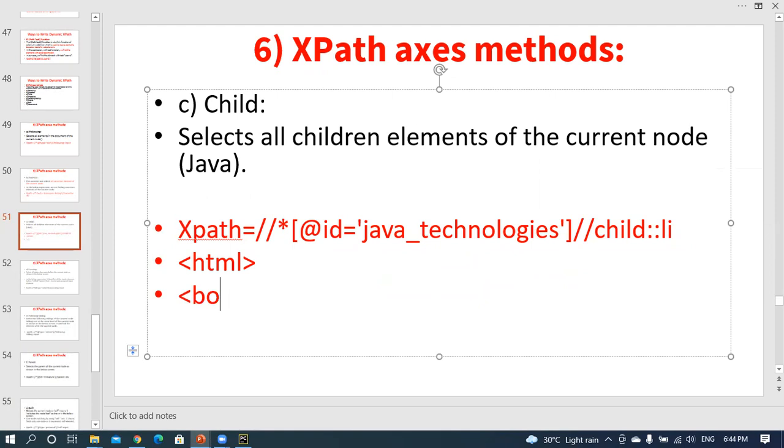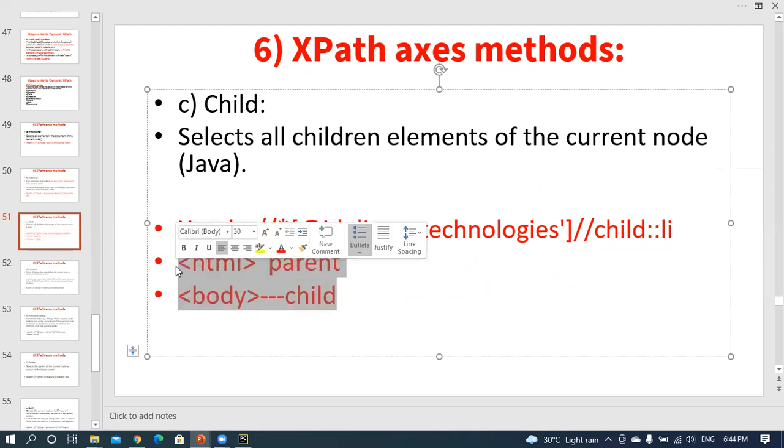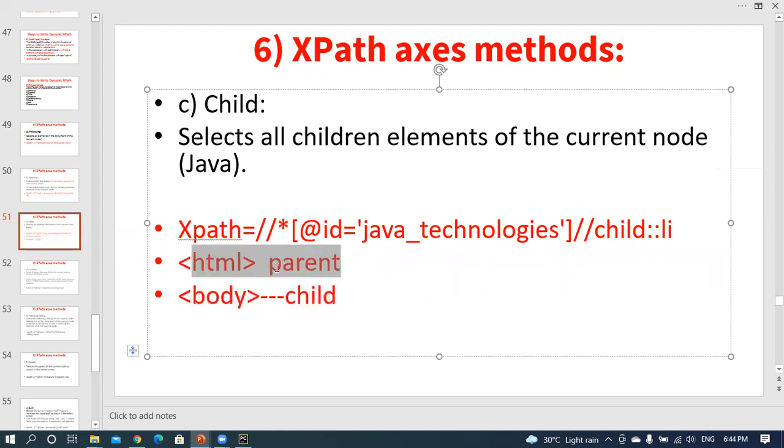This body is a child node for the HTML tag, and HTML is the parent node. Is it clear? In order to identify the child node values, all child elements of the current node are selected. For example, HTML is the current node; it will identify all child nodes: body, after that division, after that table, all are child nodes for the HTML.